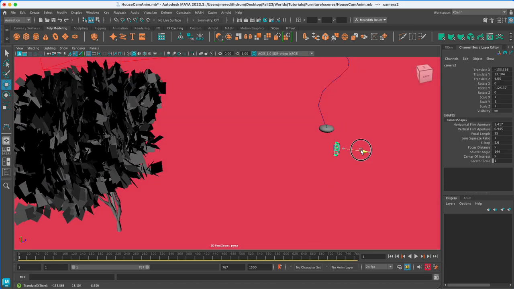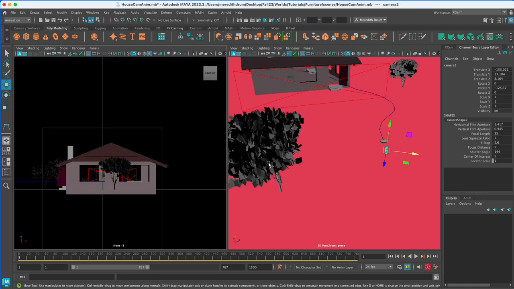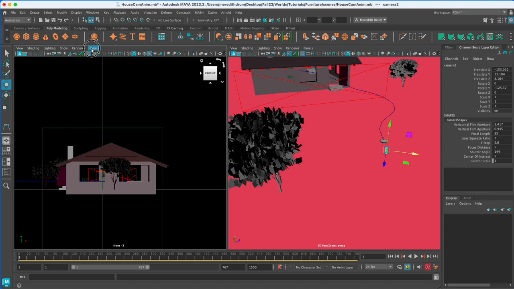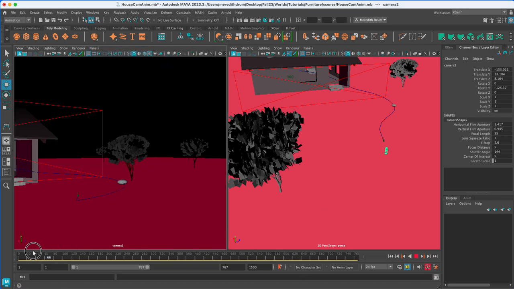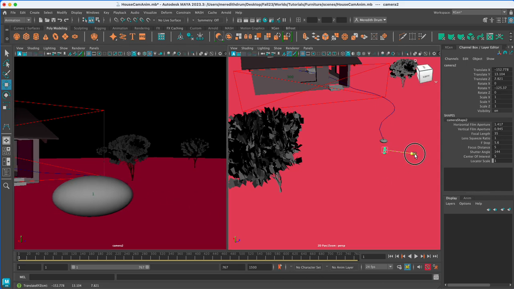Now, if you want that to be a little easier, let's open up two windows here. That's the regular perspective window. This is 4 up, and this is 2 up. 2 ups can be really helpful for animating cameras. I'm going to go to the panels menu, perspective, and choose this new camera that I made, which I believe is Camera 2. So look through Camera 2, and now we can see where the camera is. You can then move this camera over here.